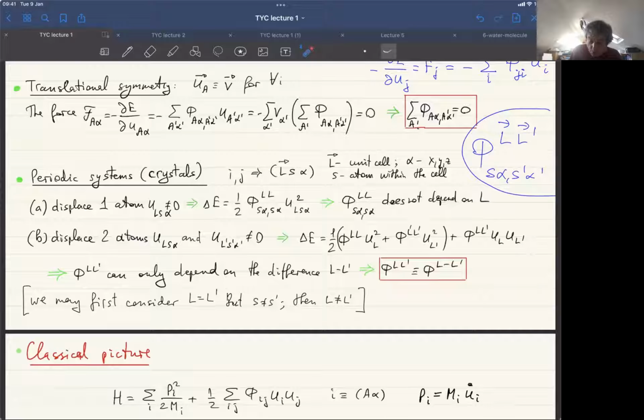It will still depend on both indices S and S prime, and of course alpha and alpha prime, but at least here I can safely put the minus sign, and from this time on that will be just one index rather than two separated with a comma. All right,